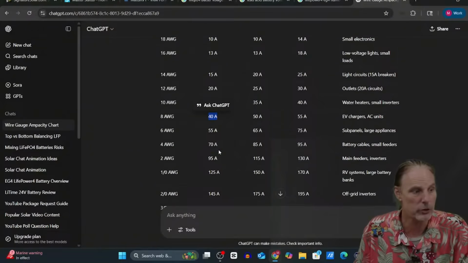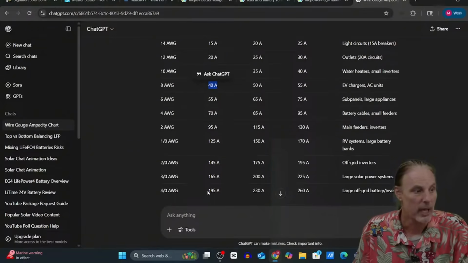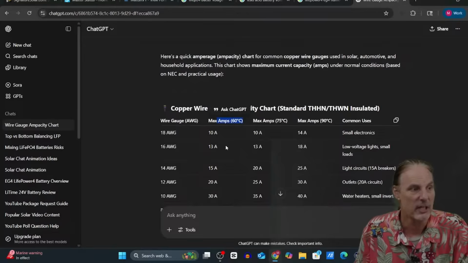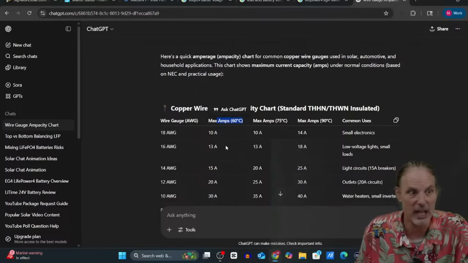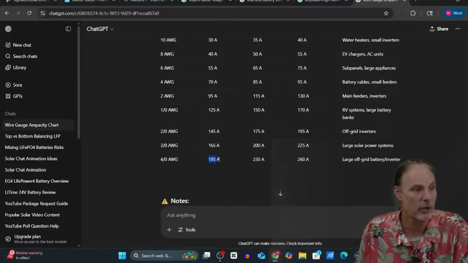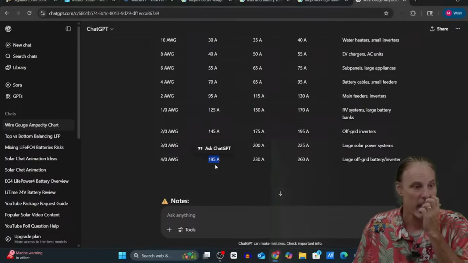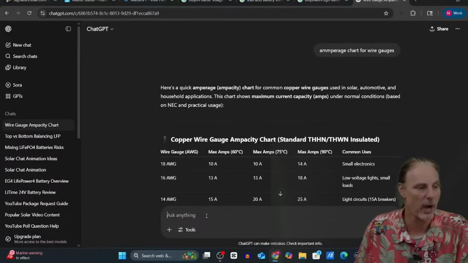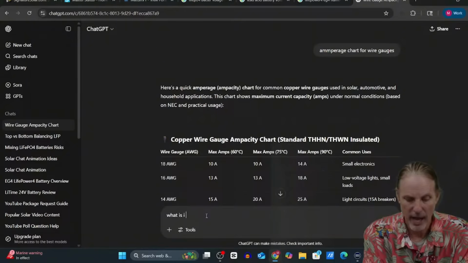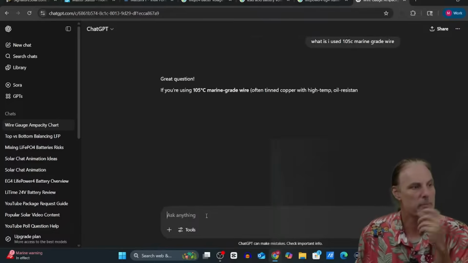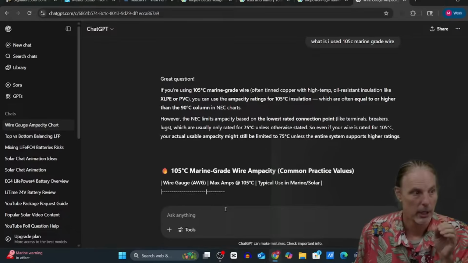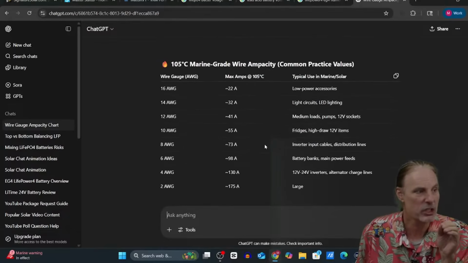So in order to support a 200 amp fuse, if you have wire that's only 60 degrees, which basically means most THHN wire, you're going to have to go in excess of 4/0. Now, if you decide to go with a little nicer wire, so what if I used 105 degree marine grade wire? Then it will give me a whole new chart and a whole new specification that I can protect